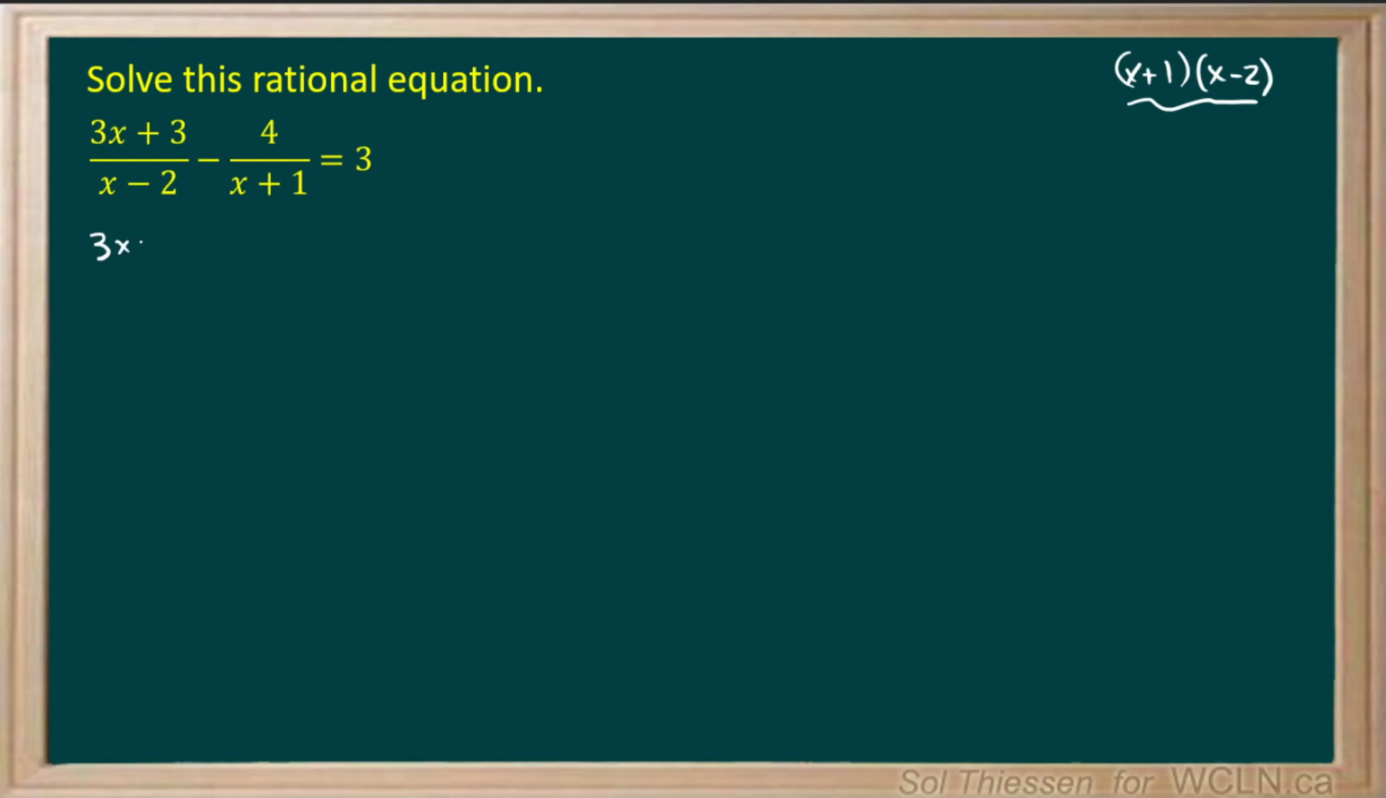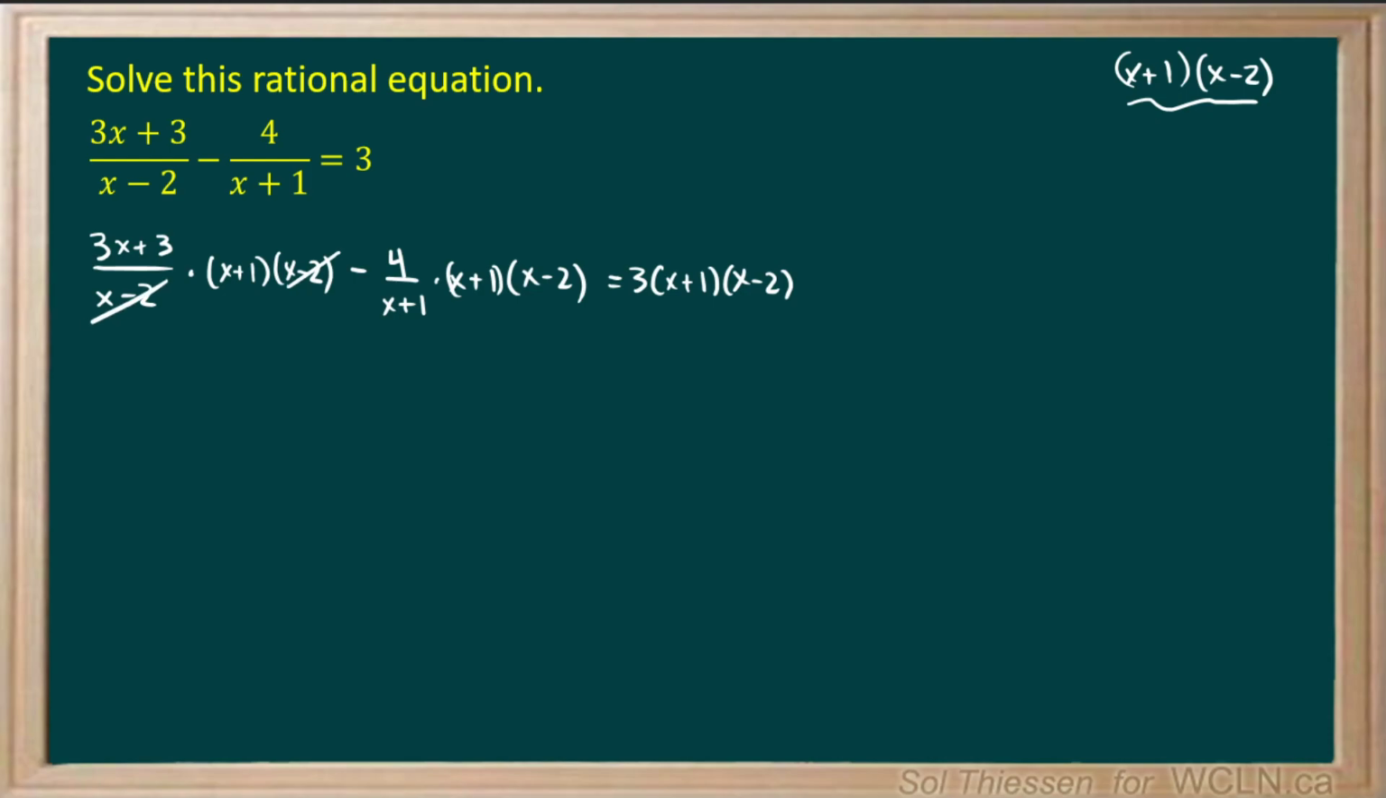So we'll take 3x plus 3 over x minus 2, times x plus 1 times x minus 2, minus 4 over x plus 1, times x plus 1 times x minus 2. And that'll be equal to 3 times x plus 1 times x minus 2. Now this factor of x minus 2 can cancel with this factor of x minus 2. This x plus 1 can cancel with this x plus 1. On the left, we'll have